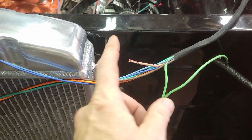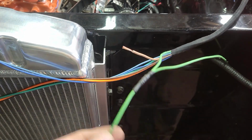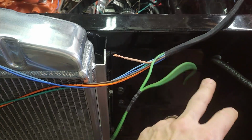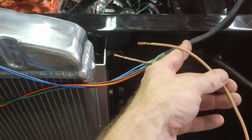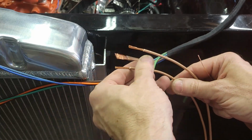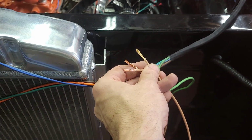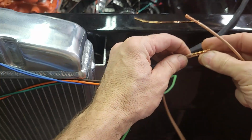So I'm splicing these wires after I cut the first end to length, and I just did the green wire. So I'm going to show you how I'm doing that with solder. I just cut a little whip to go back to this plug end over here, and I'm going to merge these two together, and then I'm going to take the third wire, and get these two together,